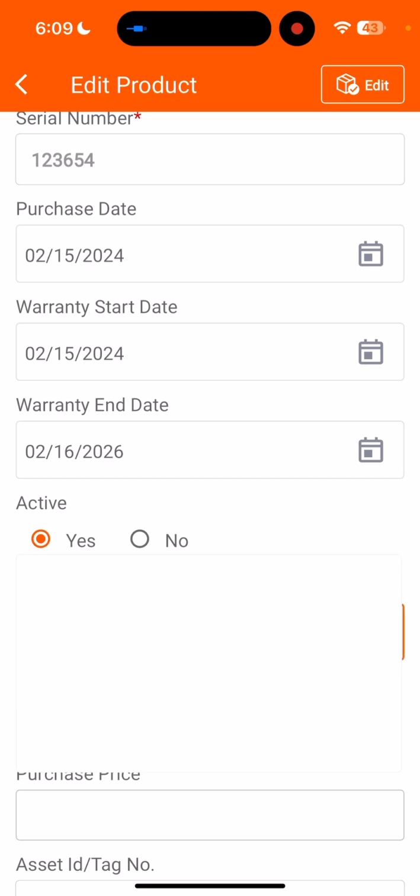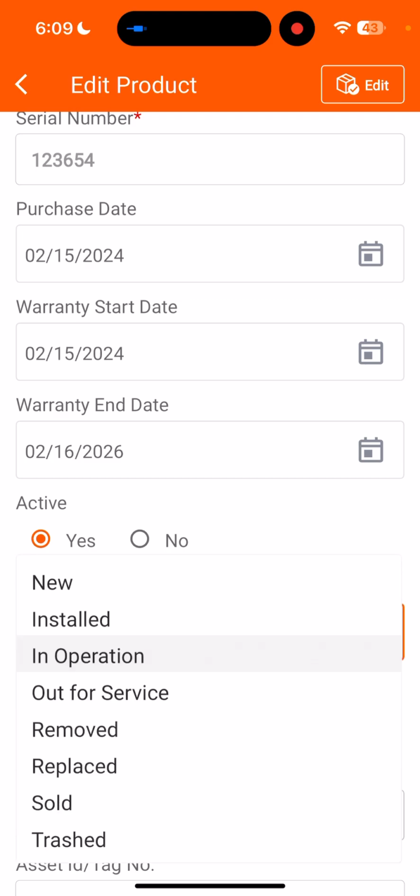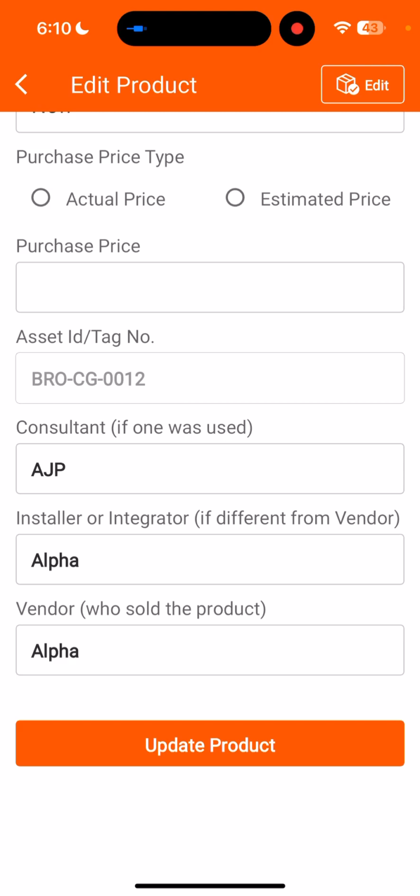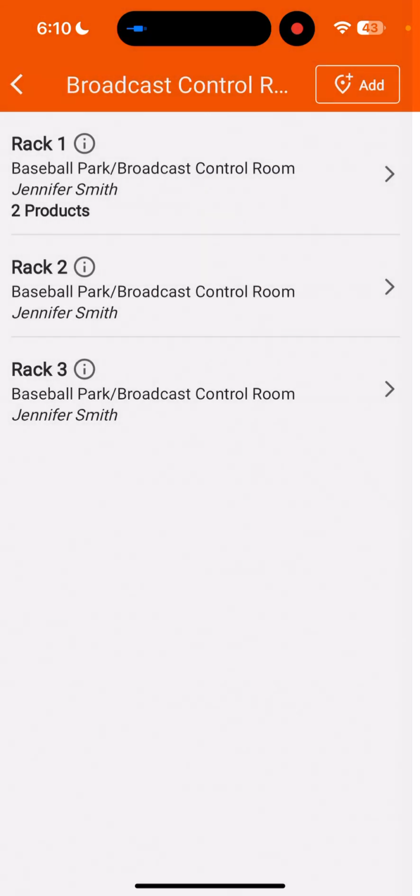We have the ability to track the products based on the current status of that product. So if it's in operation, if it's been removed, if it's out for service, and we're tracking things like what consultant did you use, what integrator or installer, having any other vendors. That is so that over time you can search for products by the product name or by any of the vendors you worked with when you acquired that product. So if I go back to that front page,